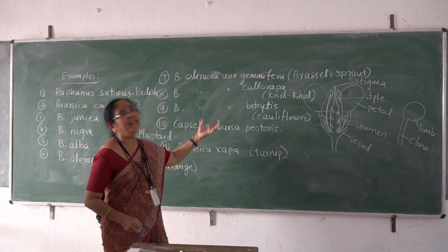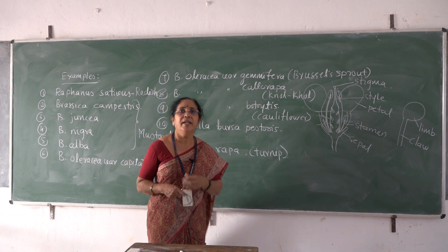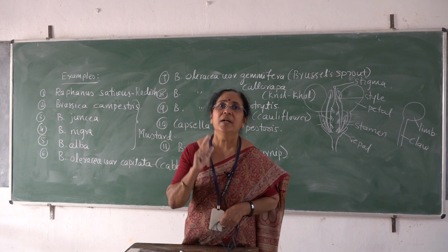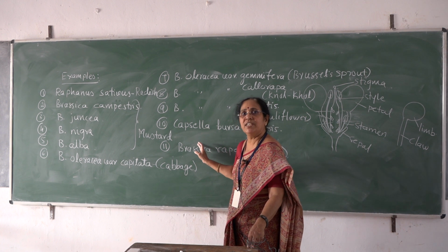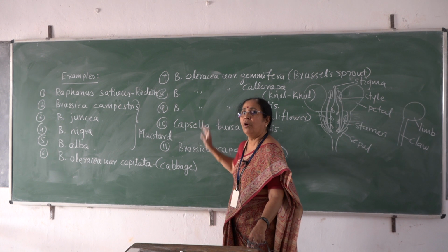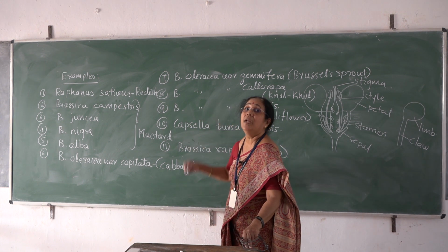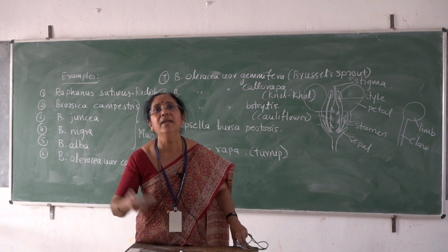So it is very easy to write answers in taxonomy. You will put numbers and write the important features of the family members. That's it. But you have to remember the botanical names of all these plants. Okay? So this completes the family Brassicaceae. Go through all the contents, write down the features. I have not written the distinguishing features here, but twice I have repeated the important features of the family. Write down all the